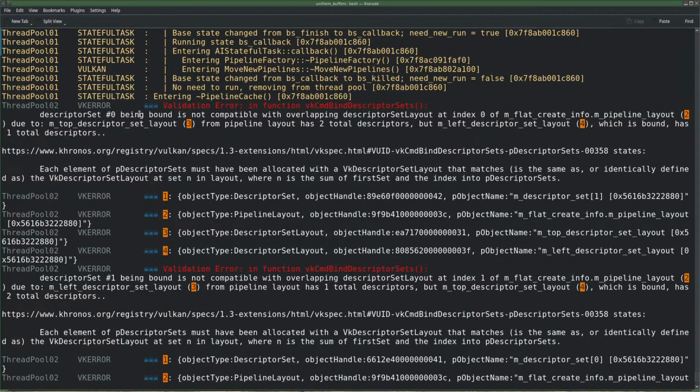Descriptor set 0 being bound is not compatible with overlapping descriptor set layout at index 0 of mflat create info dot pipeline layout due to top descriptor set layout from pipeline layout has 2 total descriptors, but left descriptor set layout 4, which is bound, has 1 total descriptors.